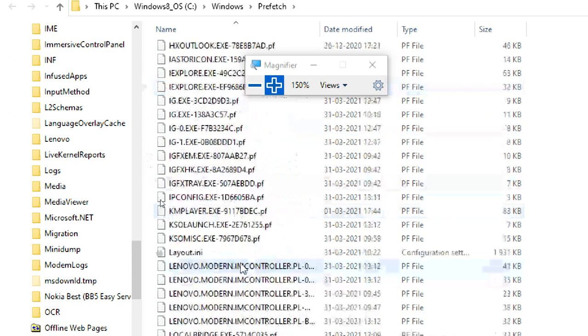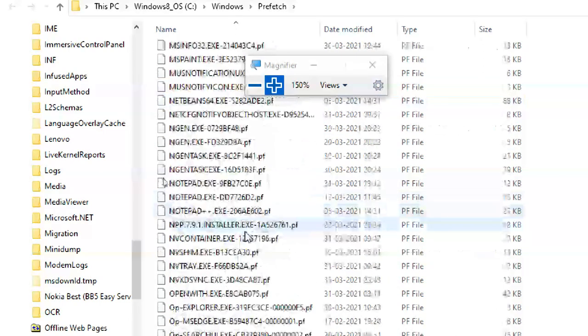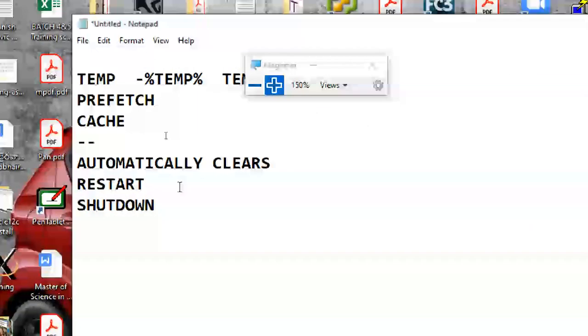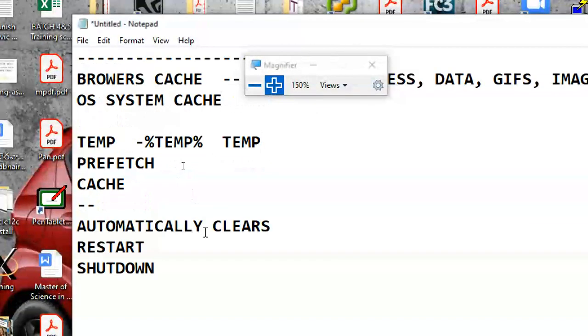Game bar, I don't remember whether game bar is there or not. I'm not using it. There is also IGI. But these are application prefetch data. Whenever I open an application, the prefetch data will be inside, so it won't search for prefetching again. The application will open directly. That is the use of this prefetch. And what you will do, go to the prefetch, and you can clear up the things. These are the things to open and you can clear up.